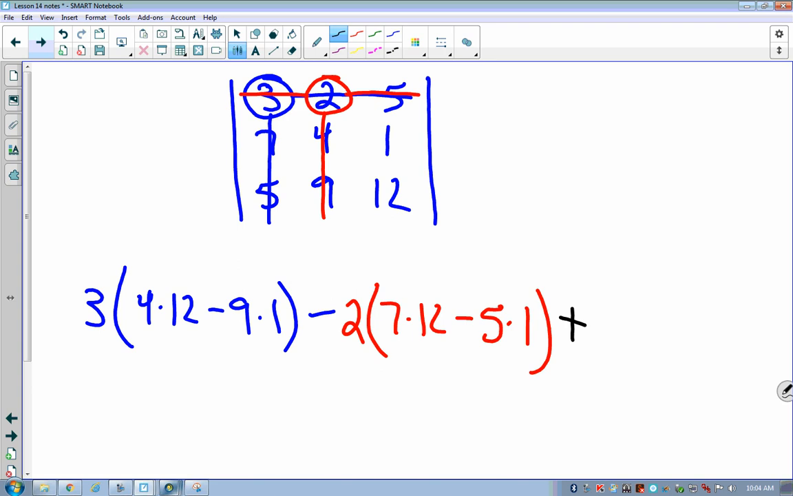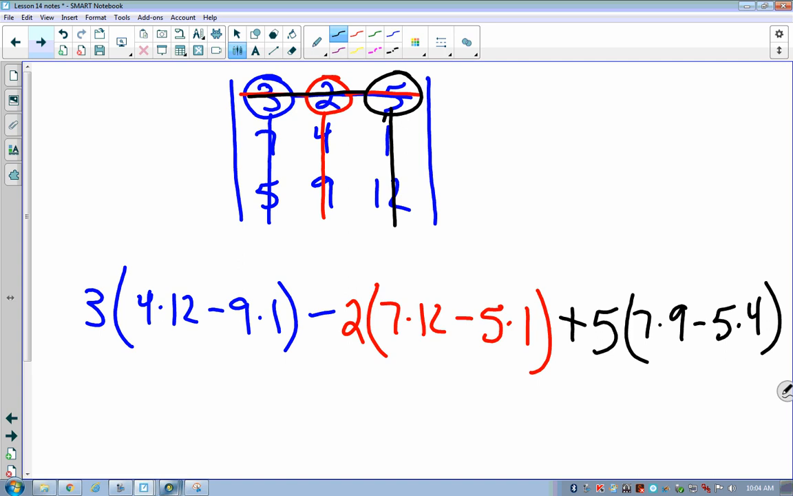All right, what number should go after the plus? Anybody know? 5. I'm going to come to 5, and I'm going to cross out to the left. I'm going to cross out down. So I've got 5 times 7 times 9 minus 5 times 4. Now, I need to go through and work out these